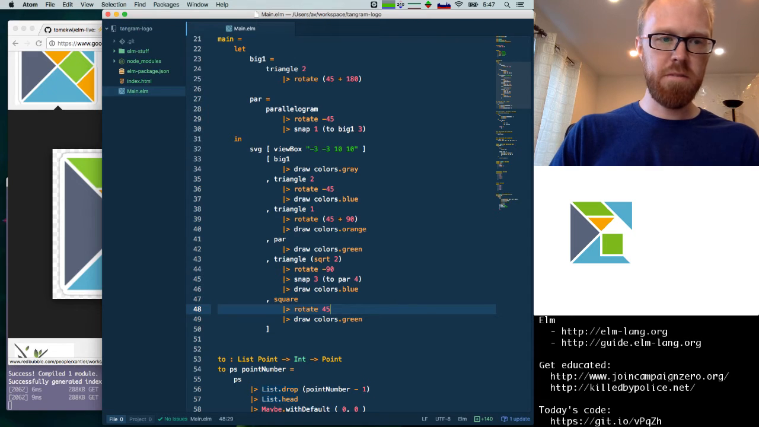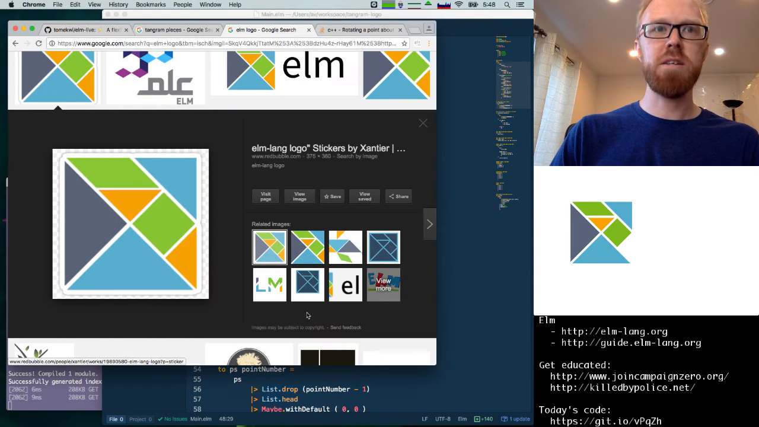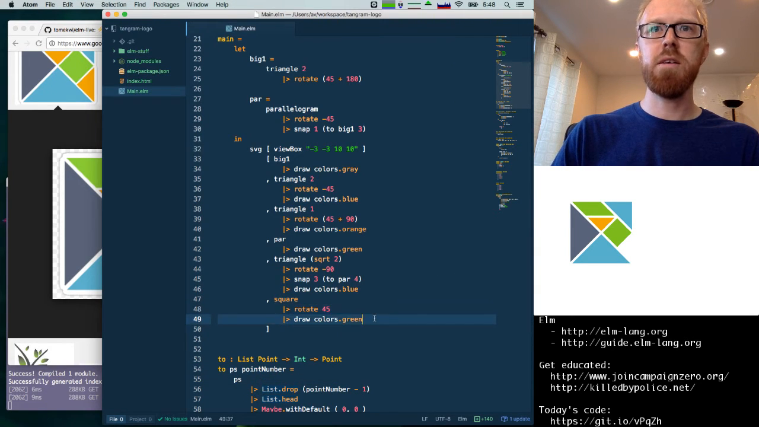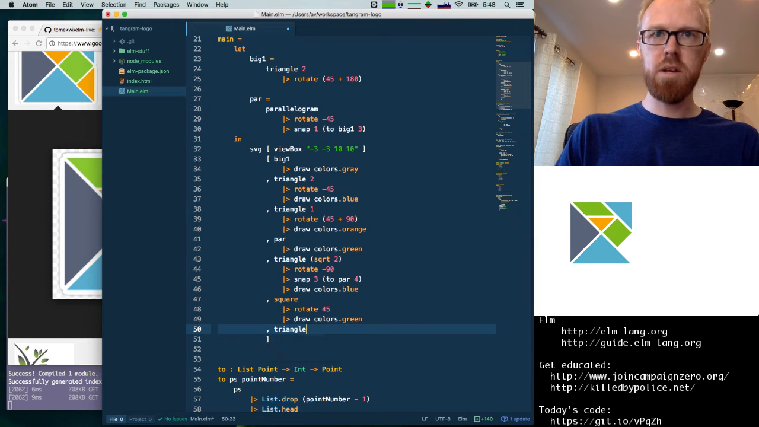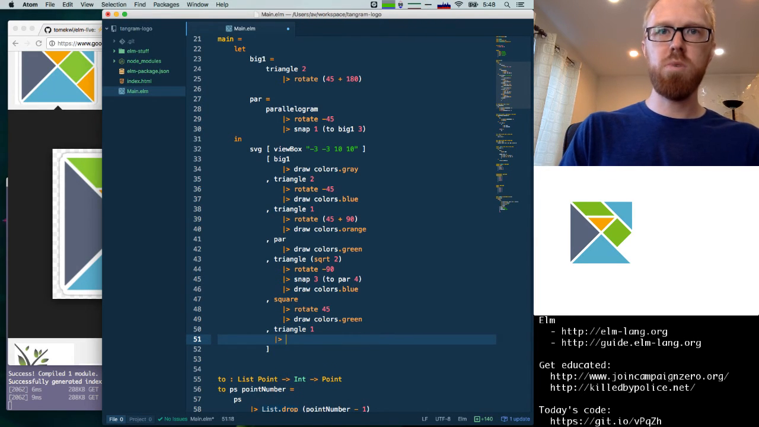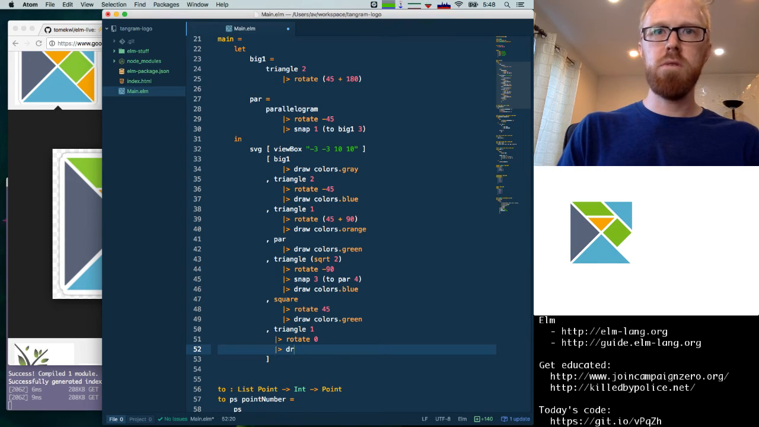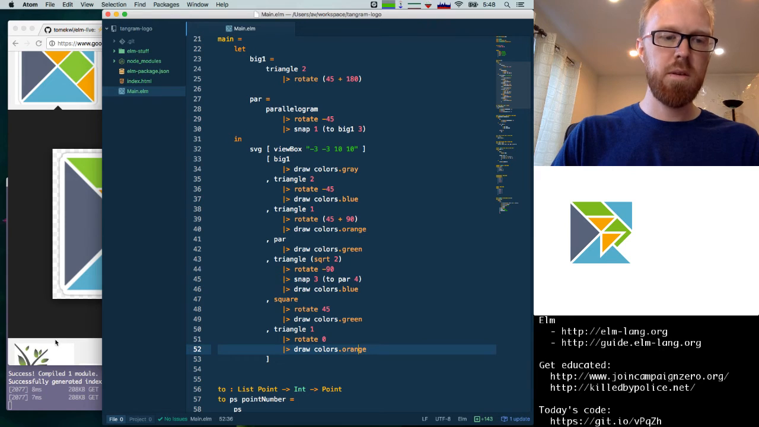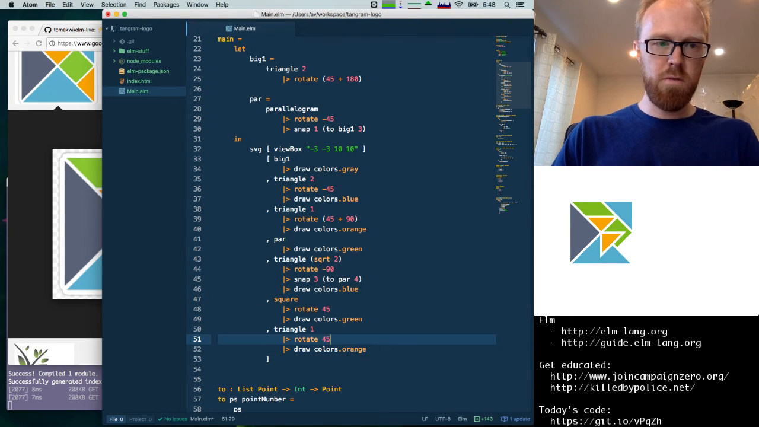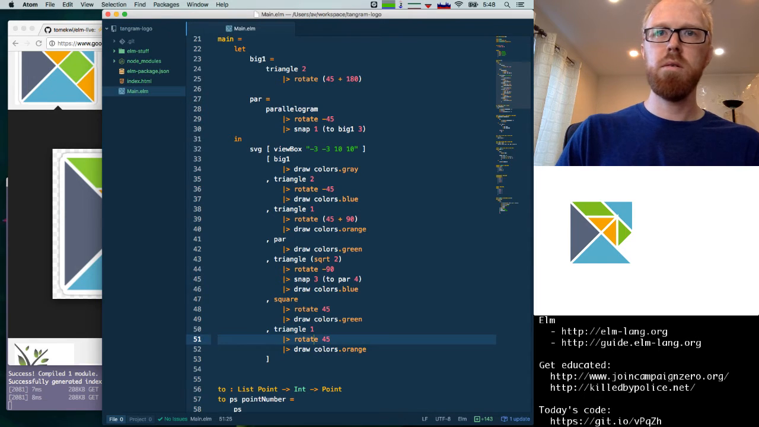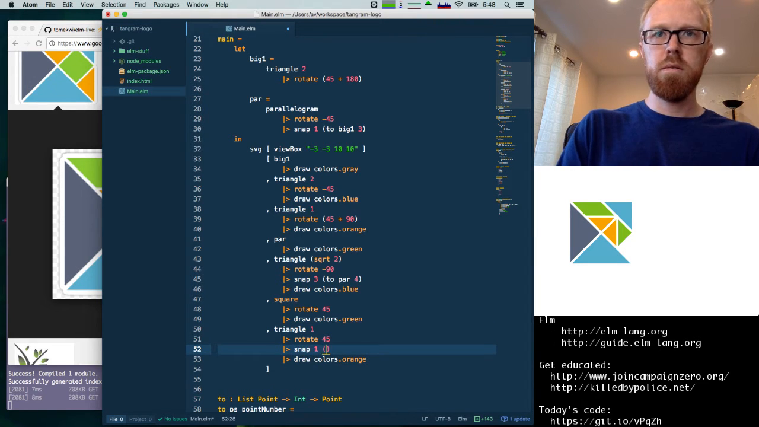So 45. There we go, perfect. And finally, our last triangle is a small triangle of size 1. Probably need to rotate, and this is colors.orange. And we're going to rotate it 45 degrees. Then we are going to snap its corner to,